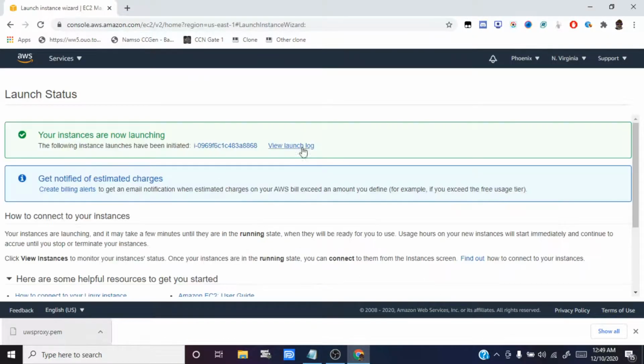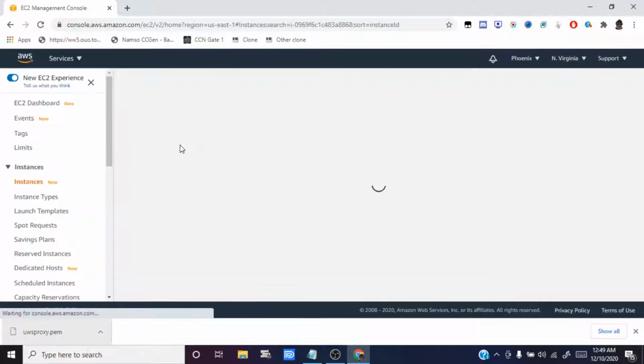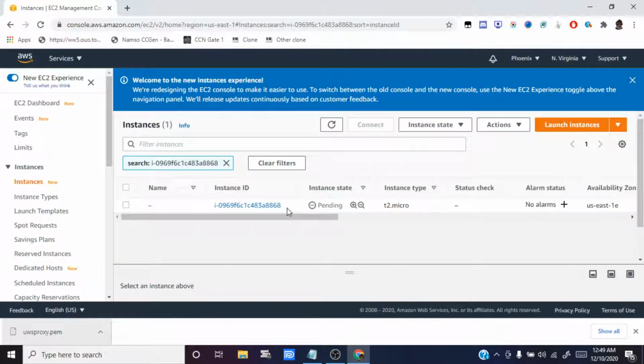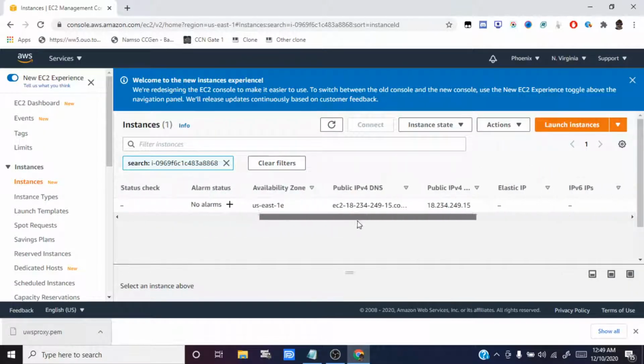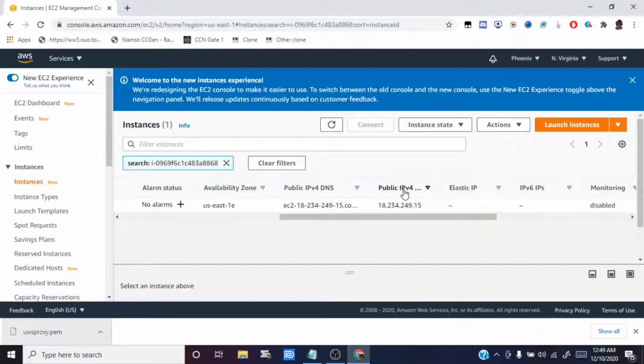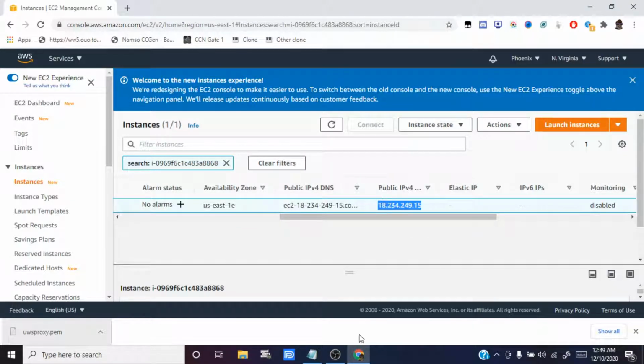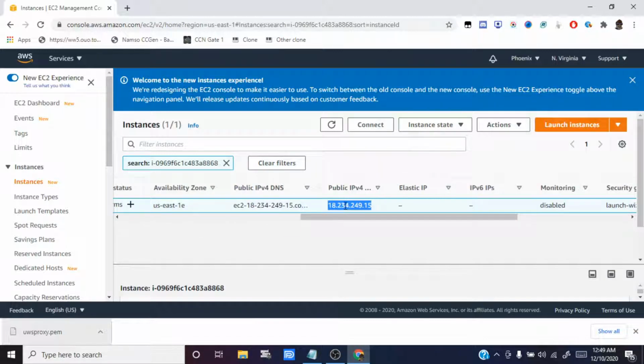After you have launched the instance, you want to click on the following instance launches have been initiated. Click on the instance. You want to scroll through here and go to the IPv4. Take that IPv4 from the instance, from the VM, and then go over to something called